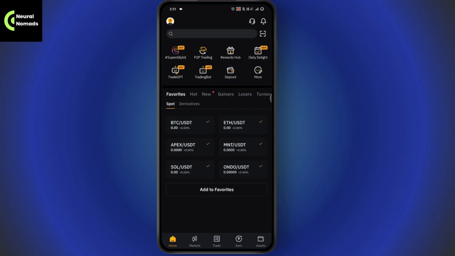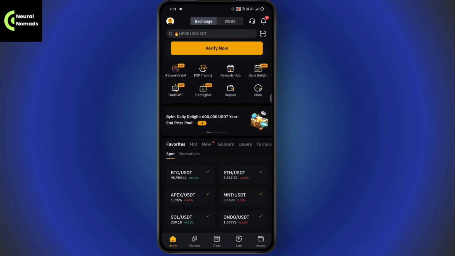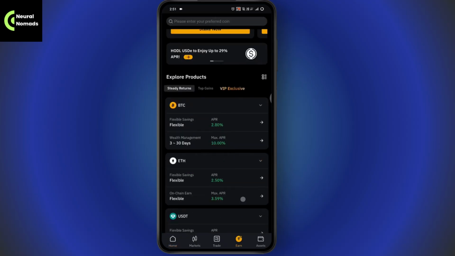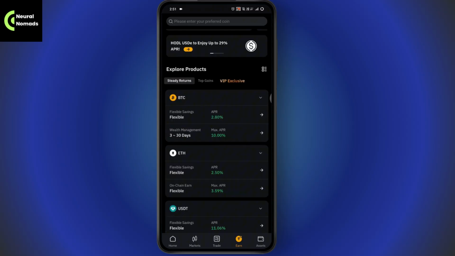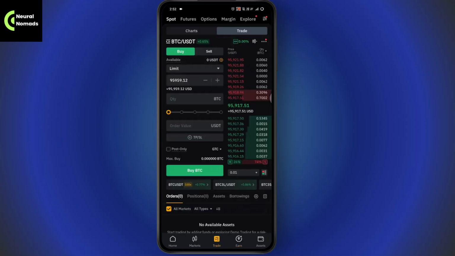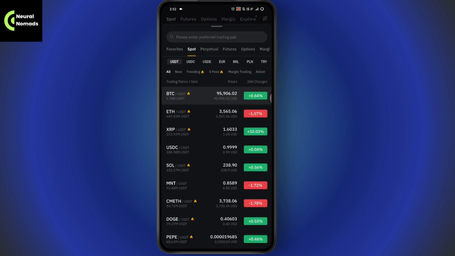Now once you've logged in, you just need to simply go with the spot option, which will be on the bottom. Once you're under the spot, you can simply go with Doge/USDT. If you don't have the spot option, you can simply go with trade, which will be on the middle. And once you're under the trade, now here you just need to simply go with the Doge/USDT, which will be on the upper side. Just tap on it, and if you don't find it, you need to go with